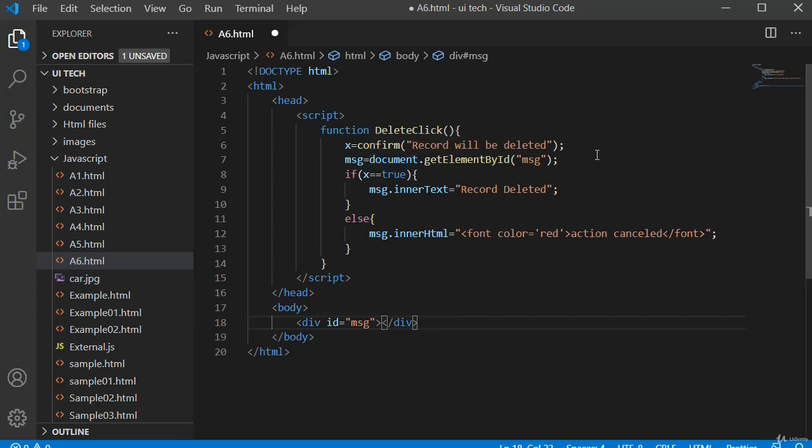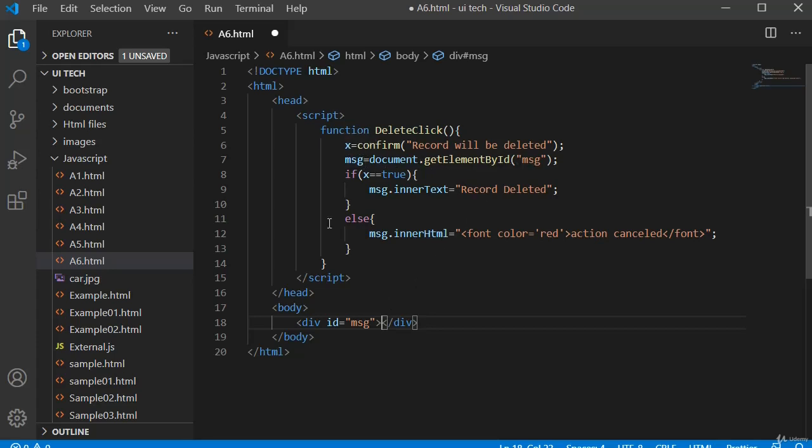Whenever I get this confirm message on my screen, we will get two options, OK or Cancel. If I click on OK, then this confirm function will return a boolean value true. The true value will be stored in my x variable, and I'm creating a message variable and storing document.getElementById msg.